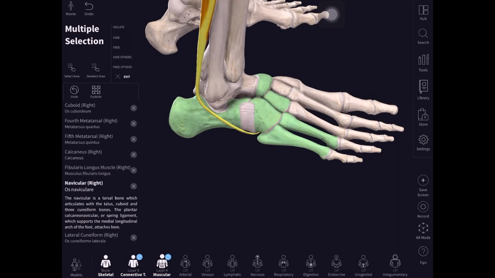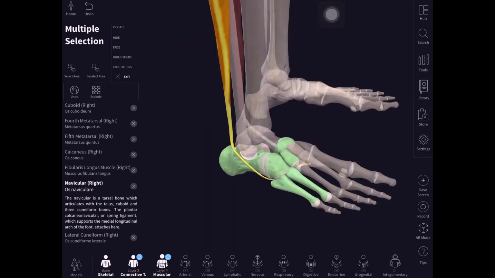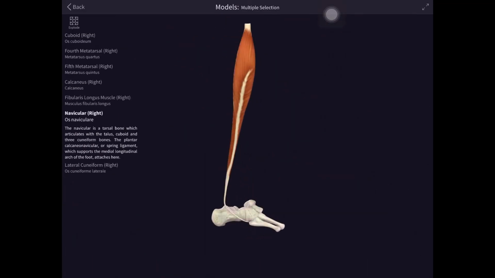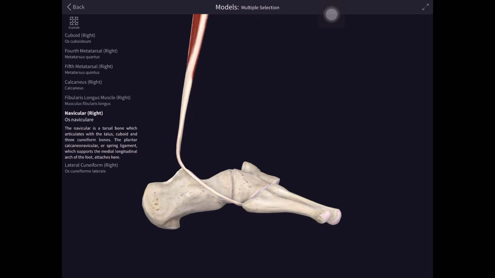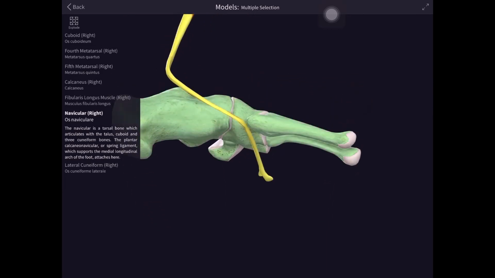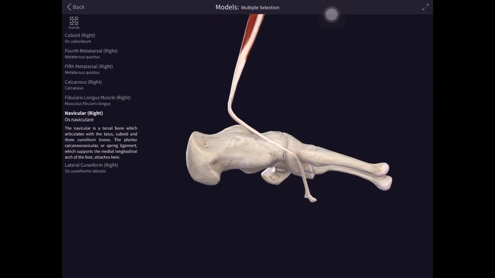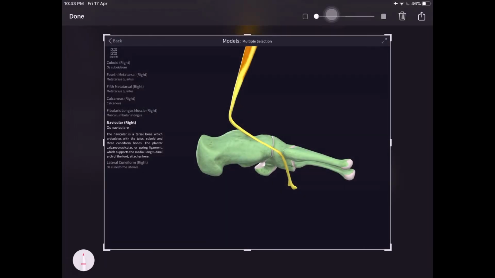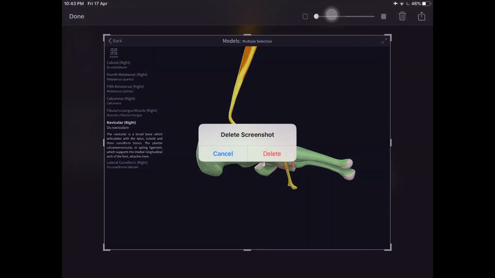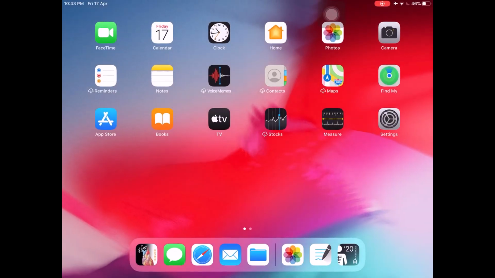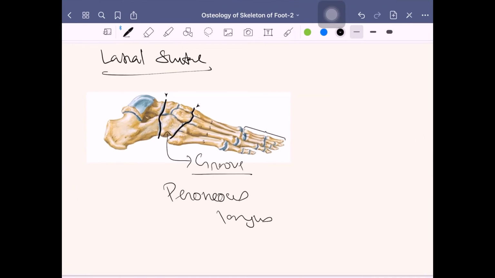Let us remove, okay, so that's the lateral surface and inferior surface. If you see both, this is the lateral surface, this is the inferior surface. Both are having a groove. One groove is here, other groove is here. So this finishes your